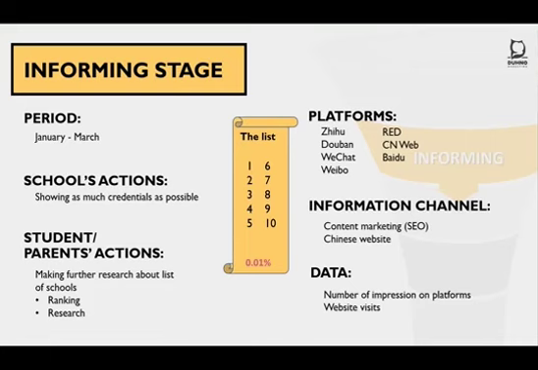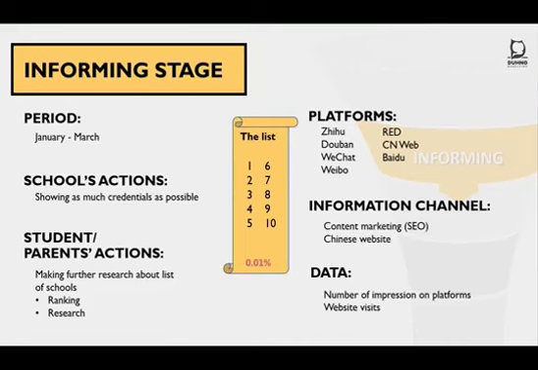On the other hand, the students, you will be meeting them on really different platforms. And more and more we can see Red, Xiaohongshu, coming in those platforms where people are doing some research. And they start to browse your website as well by searching through WeChat or Weibo, arriving on your website to have a first feeling about what is happening. So it's really important to have the right level of content, especially to explain the credentials at this level, as we mentioned. In terms of data, what are we looking at this level?